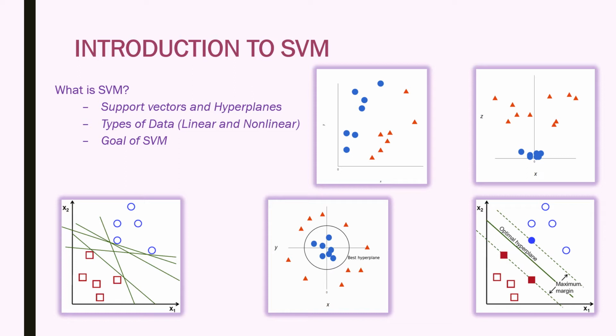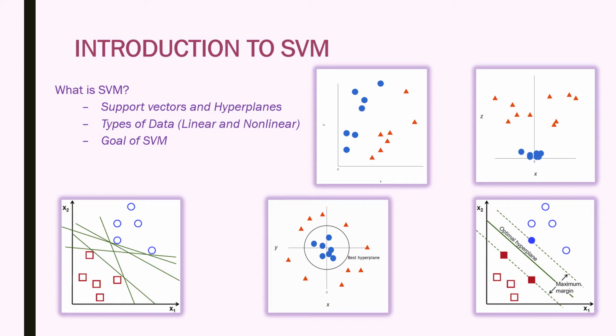Let's see what is a vector and what is a hyperplane. A vector is nothing but a line segment which has a defined magnitude and direction. If we are talking about two dimensions, then the separator is a line, and if we are talking about more than two dimensions, then it is called a plane. And a hyperplane is nothing but a plane which divides data into two or more different categories. I hope you're clear with vector and hyperplane concepts.